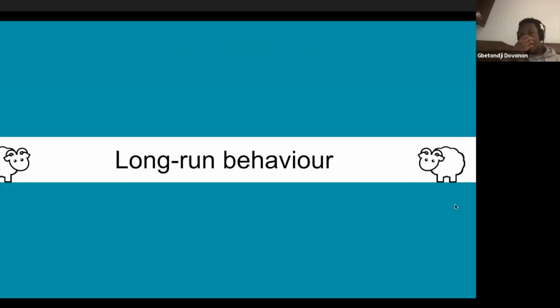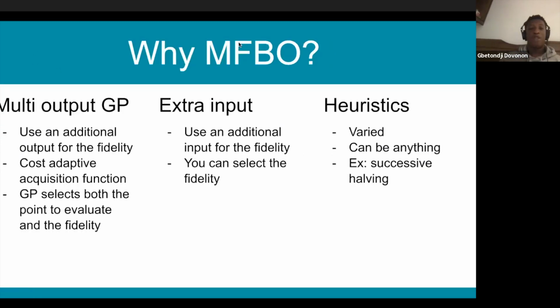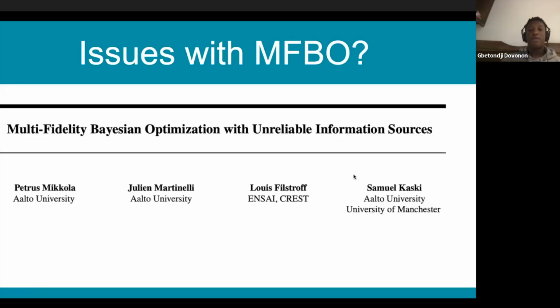So now we get to the next part, the long-run behavior. Now that we've looked at multi-fidelity methods, when we are talking about the long-run behavior, it's going to be mostly the first category of methods, the one with the multiple outputs. Now, what triggered that? While looking for papers on multi-fidelity Bayesian optimization, we found this paper here, multi-fidelity Bayesian optimization